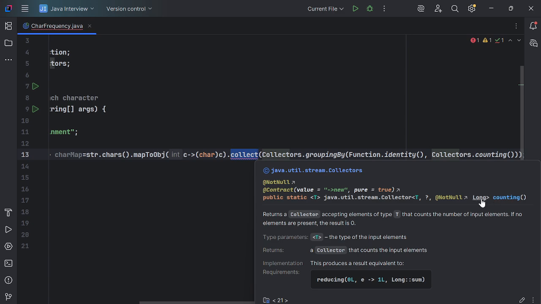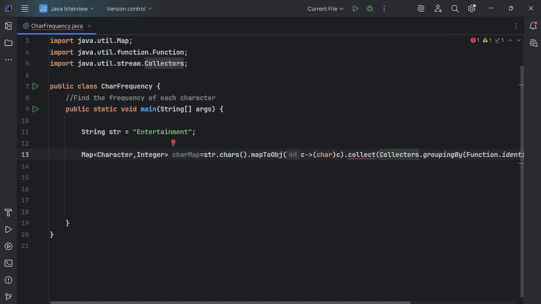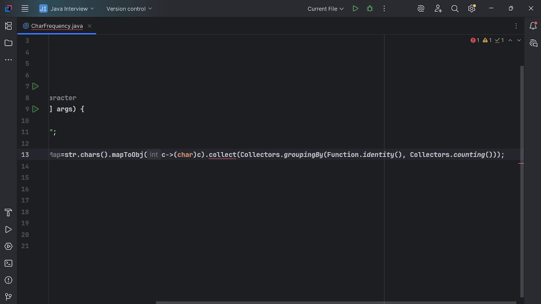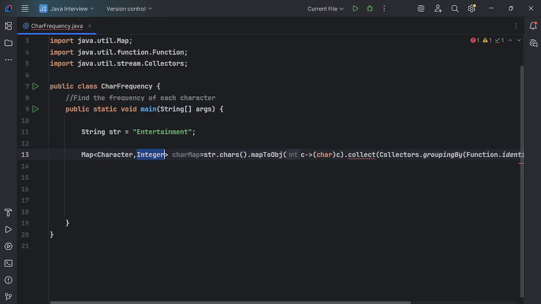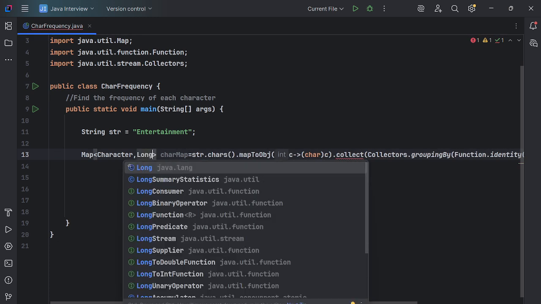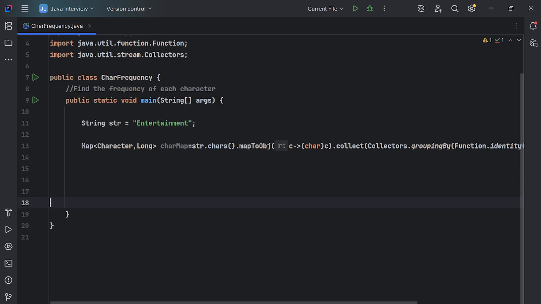Its return type is long, guys, so that's why it is showing the error, because we have defined Integer but it is giving a long value. We cannot change this return type, this is a built-in method. So only in this map declaration we will change to Long. Okay,